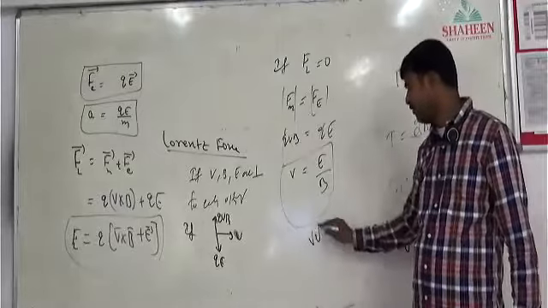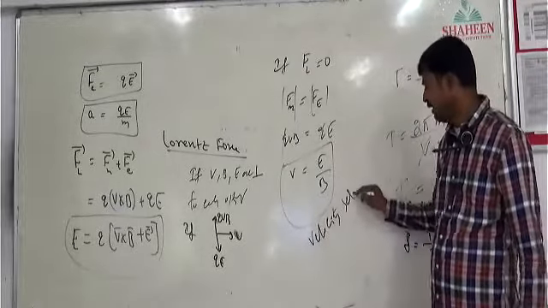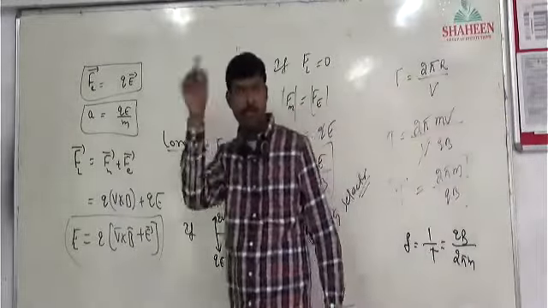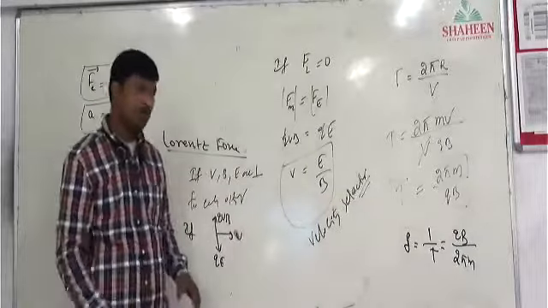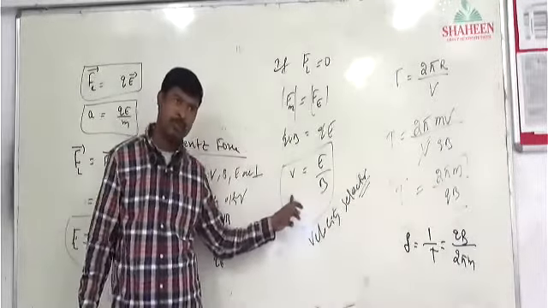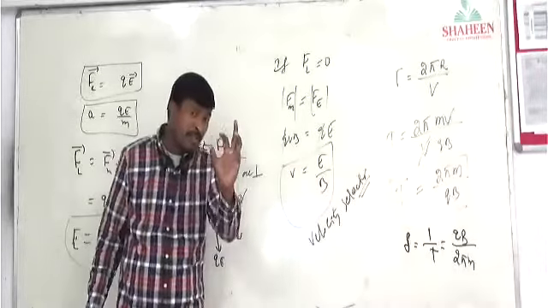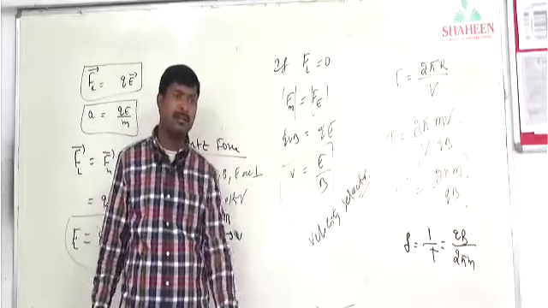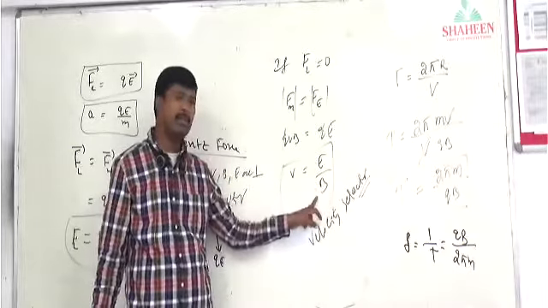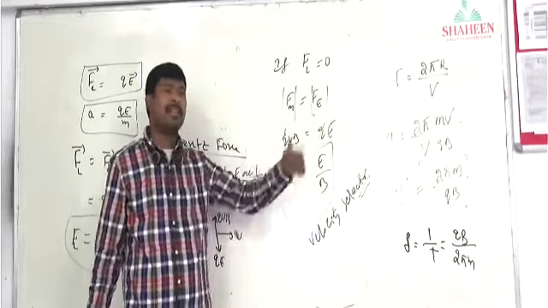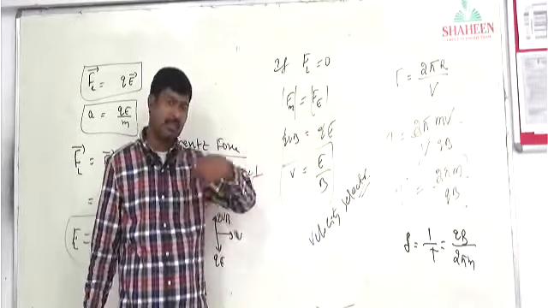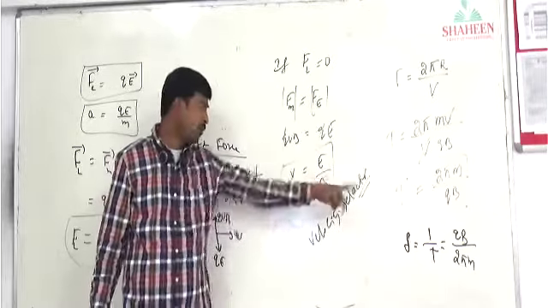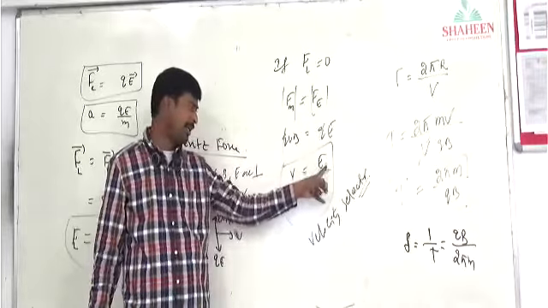This is what we call a velocity selector. This is the principle of the cyclotron. Using this same principle, whatever velocity you require for a charged particle, according to that we take the E and B values in the cyclotron, and the particle accelerates till it reaches that velocity. Once it reaches this velocity, it is in equilibrium, so at that time it will come out with this velocity only. That can be calculated by E by B.